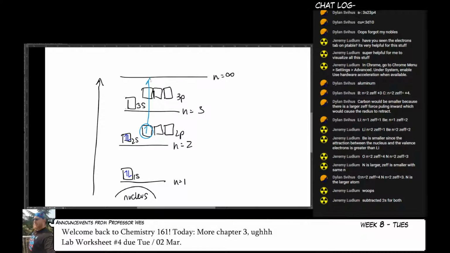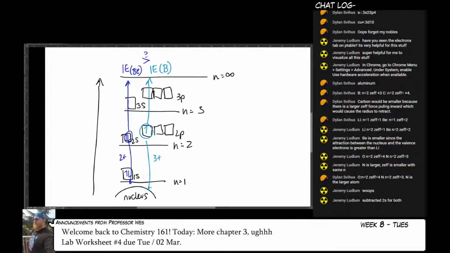Why would it be easier to pull boron's electron away against a force of 3 plus than it would be to pull away beryllium's electron when it's only a force of 2 plus? Why is this easier? And the answer to this is,